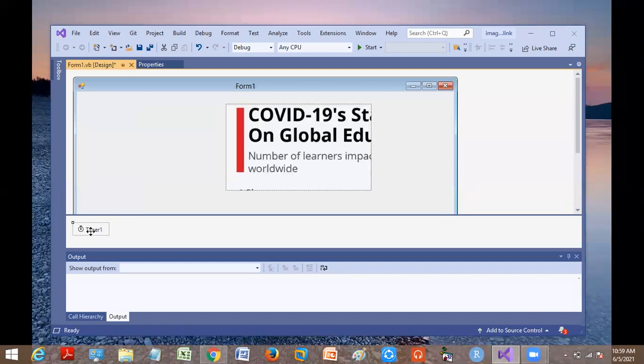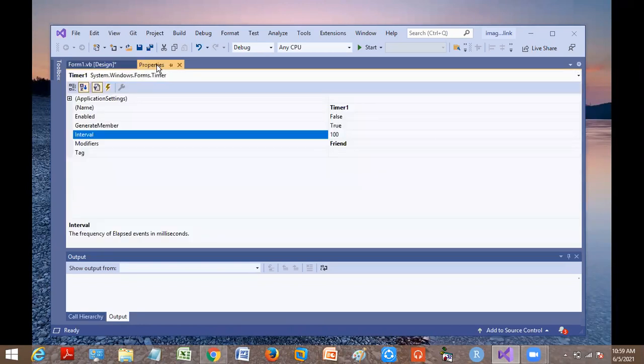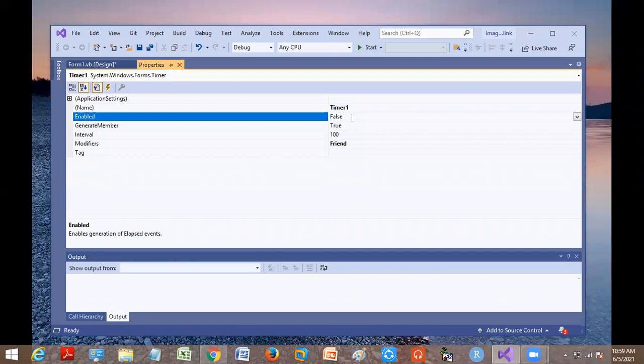Now coming to the timer, what properties should be enabled for the timer? Is all the properties correct? Is it fine? Enabled is false, ma'am. We should make it true. Enabled is false, which means you are not working with the timer. The timer will not work.